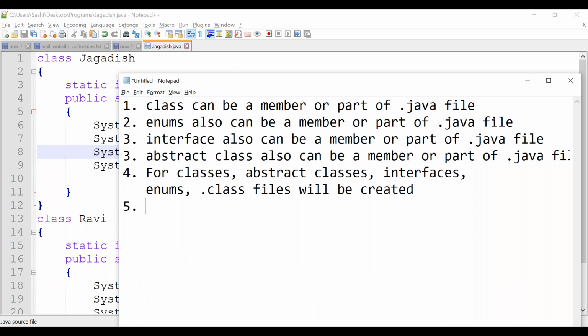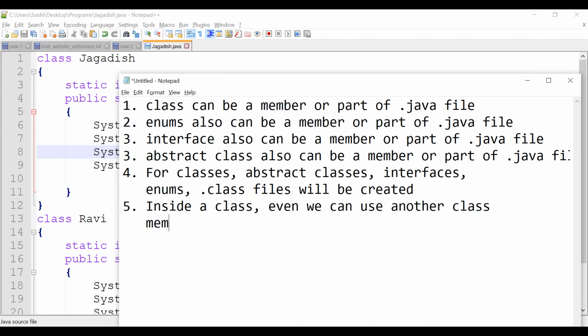What is the fifth point? Inside a class, even we can use another class's members. What is meant by members?